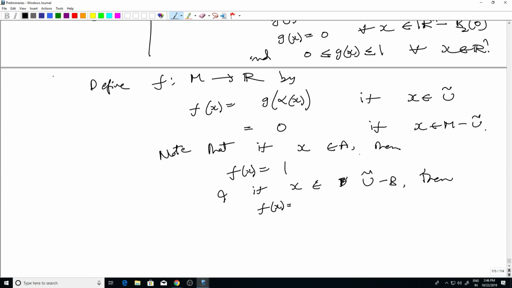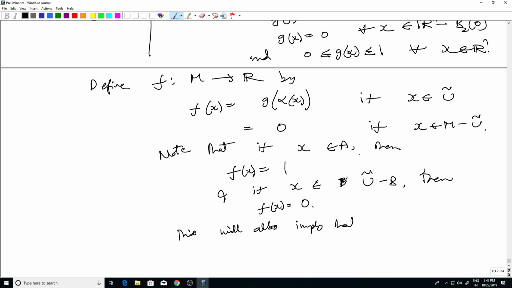So f of x would be 0. So in short, f of x is identically 0 outside B, and this will also imply